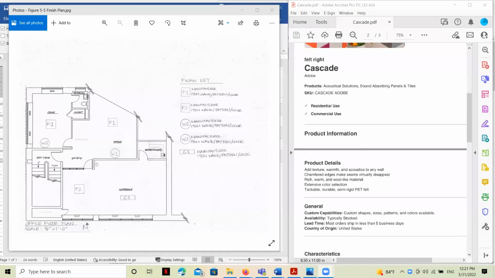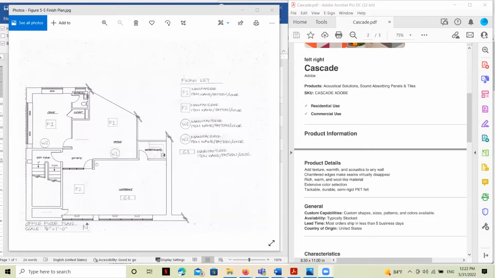In this video, I'm going to teach you how to create a finished schedule using cut sheets. Now, a finished schedule is a really important document that helps us track in a very concise way basic information about items or products used within an interior design project. There are a lot of different ways that you can make a schedule, and different software allows you to do it as well, but we're going to do this the very simple manual way.